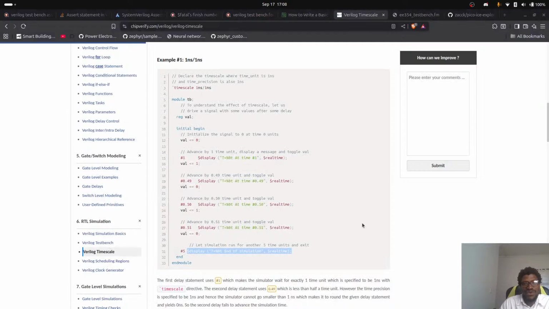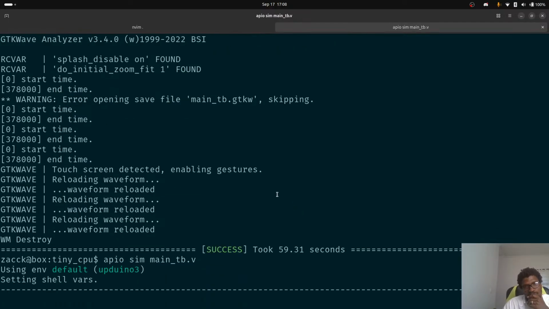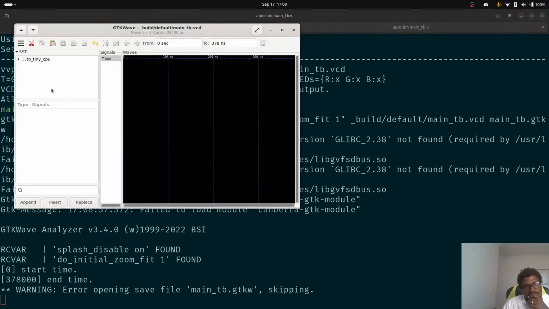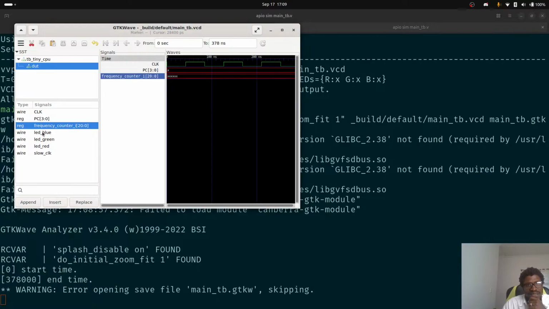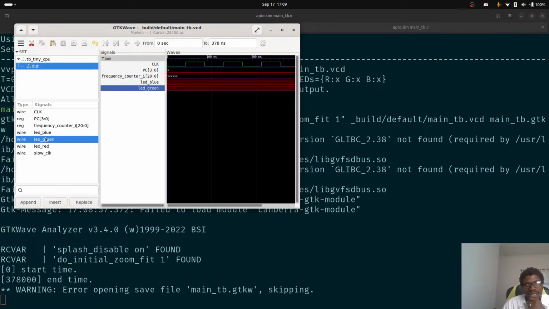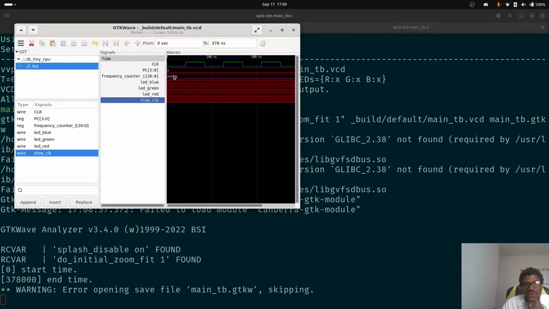So first of all, let's go in here. Let's add a clock. Let's add a PC. Can we add that? Yeah. We can actually see the values of these things. It's amazing. And if we run it,